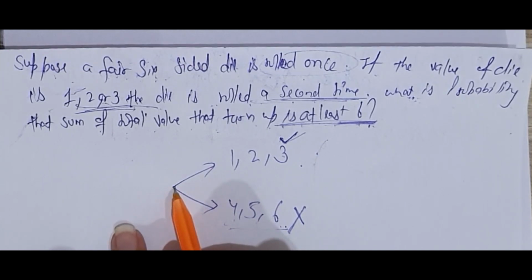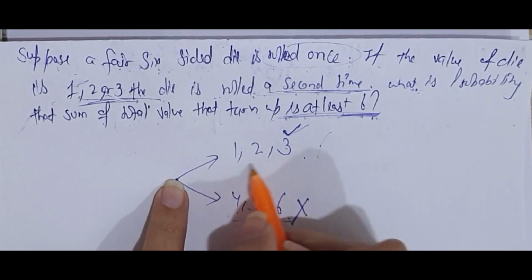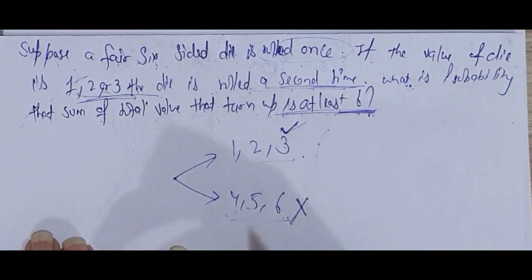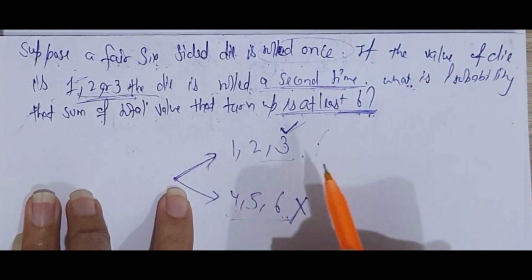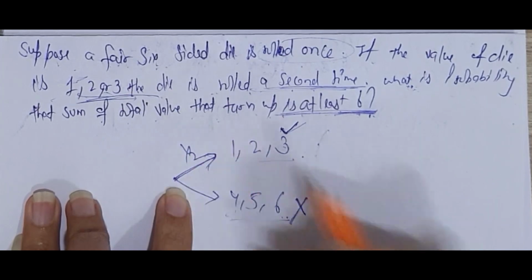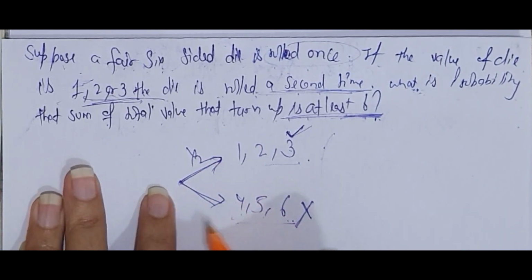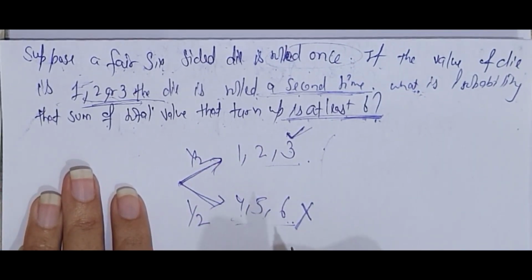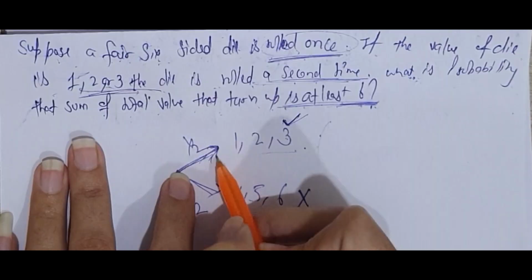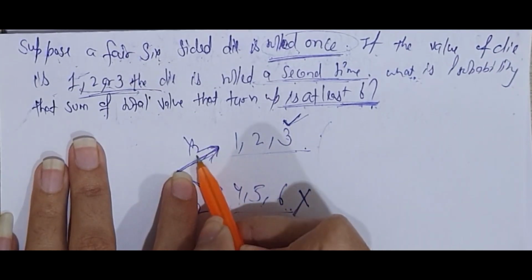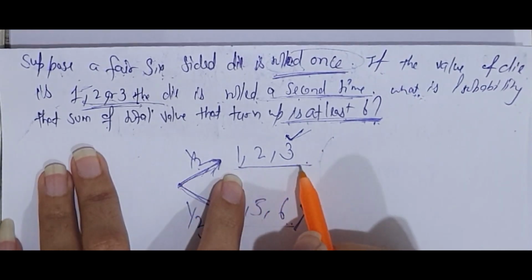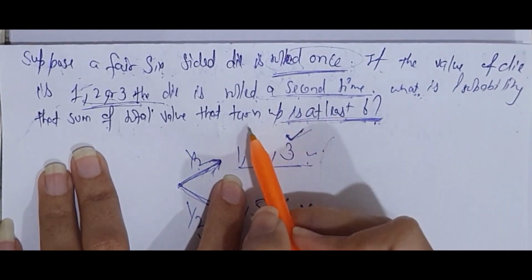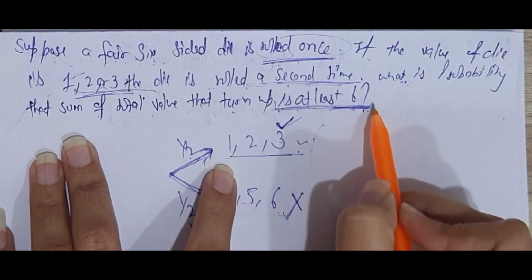Then what's the probability? Here, what's the probability that 1, 2, 3 occurs? As dice is rolled one time, what is the probability that 1, 2 and 3 occurs? That is 1/2. And what is the probability that 4, 5, 6 occurs? It's also 1/2. Now, if 1, 2, 3 occurs, then what's the probability that the value comes out to be at least